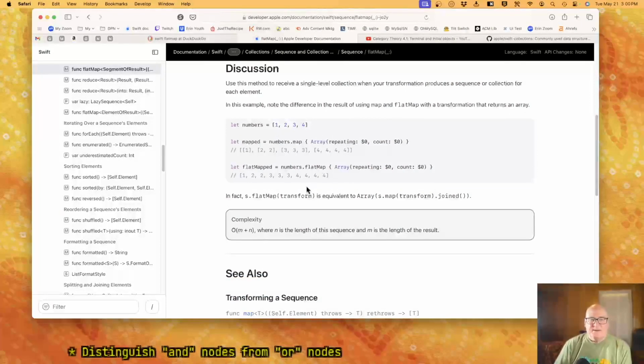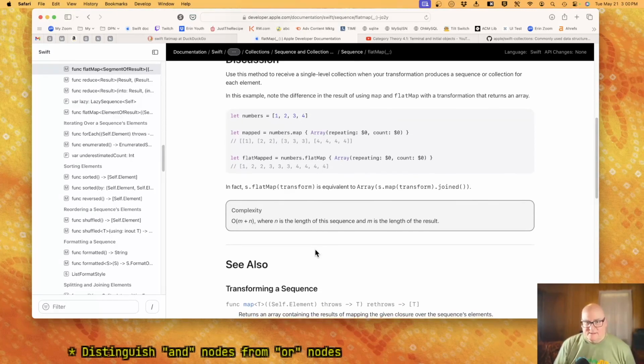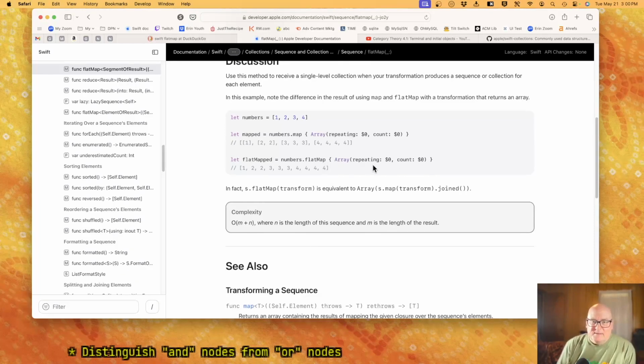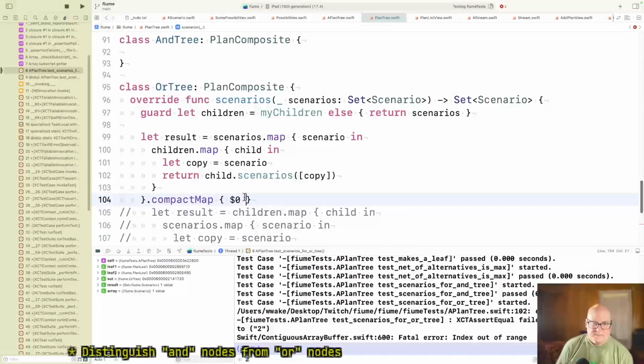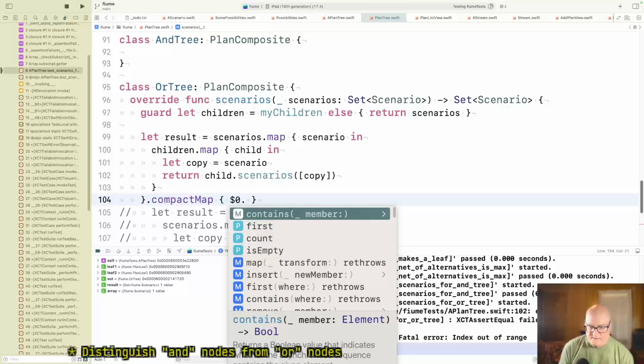Numbers map. Right. To an array of stuff. Flat map of transform is equal to s of transform dot joined. Okay. So this is saying repeat each element the number of times you are. No.